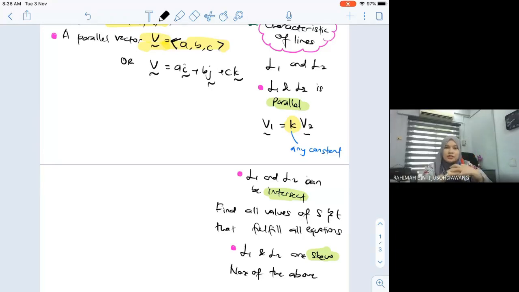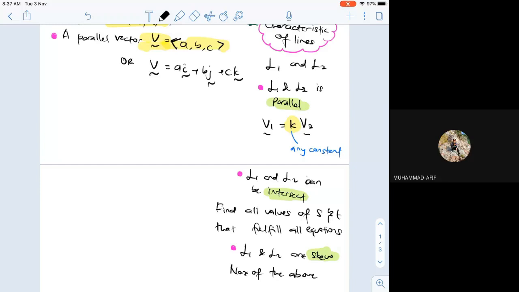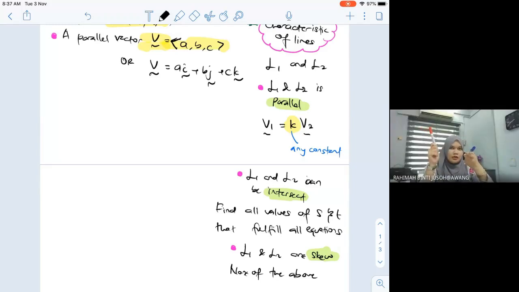air traffic controller. Kerja dekat menara, the control tower in the airport, air traffic controller, dia jaga traffic flight. You tahu tak kerja tu? Air traffic controller, pegawai trafik udara nama bahasa Melayu dia. Okay. He or she, the officer, the air traffic controller tadi ni, needs to ensure, let's say this is